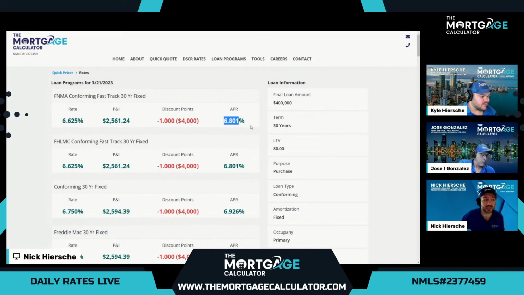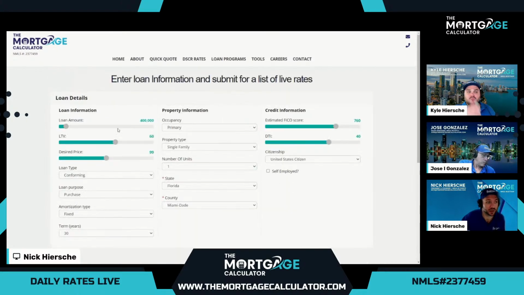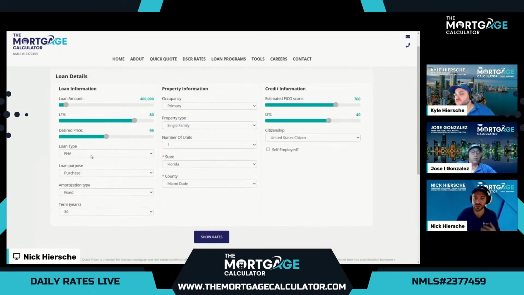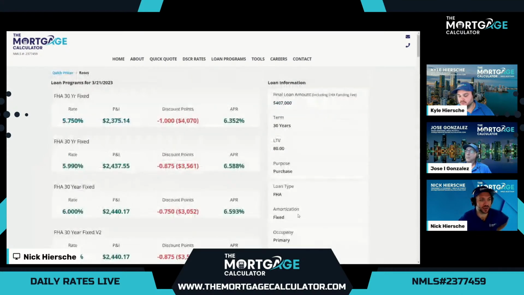Now, if there's any reason that a customer doesn't qualify for conforming conventional, typically our next best option to compare, we'll pull up the same scenario, is our FHA program. FHA does allow a little bit higher DTI and a little more flexibility on the credit guidelines. So FHA is usually the next best option. We'll keep everything else the same for this scenario so we can compare our conforming conventional to our FHA